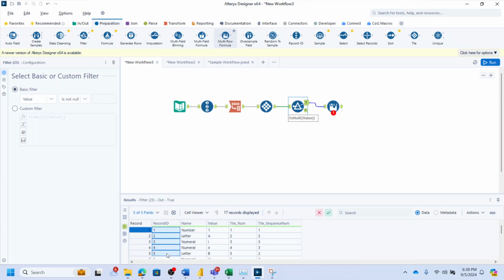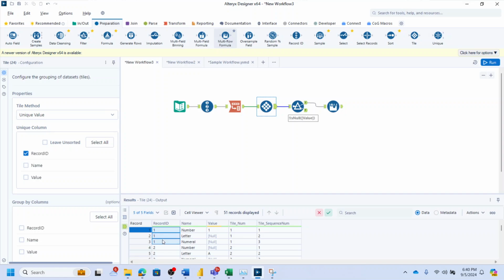But our record ID now is completely unique. It's a perfect index of this data set. But what you can see here is we have a number, a letter, and a numeral. So we have right here our very first record. This is exactly the structure that we want to see just pivoted or cross-tabbed in columns. So we'd like to convert this into what we had before here, where the record ID is capturing all the